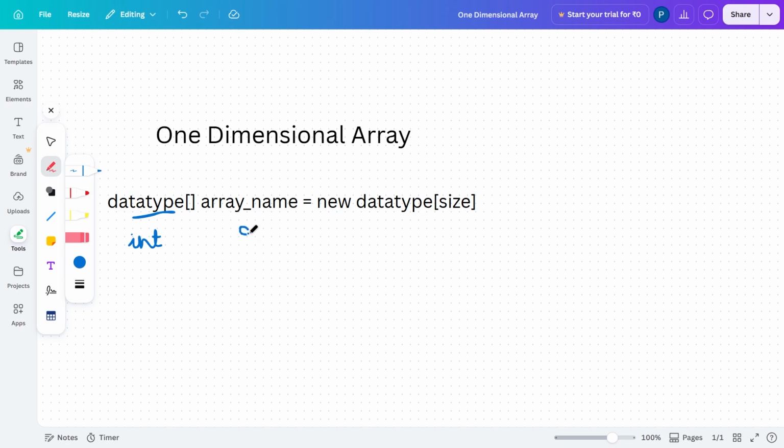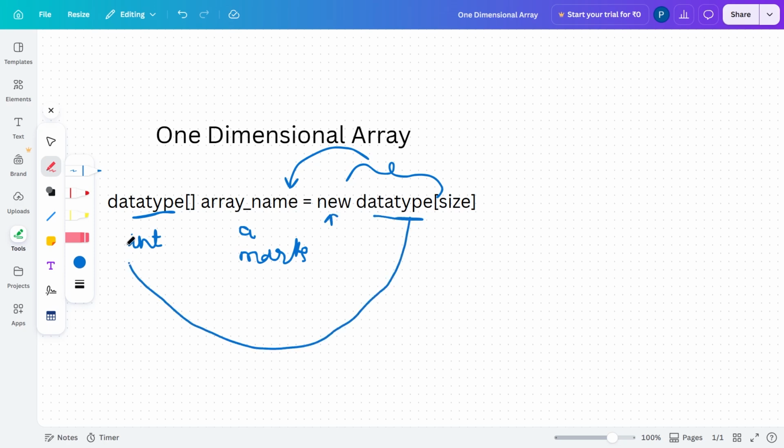The array name can be either a character like a or even a string like marks. It can be anything. Then comes the assignment operator. Always remember, the assignment operator and the comparison operator are different. The assignment operator assigns the value on the right to the left. Next comes the new keyword, which will create a new array, again followed by a data type. The data type must be the same as the data type you are using here, then followed by a size